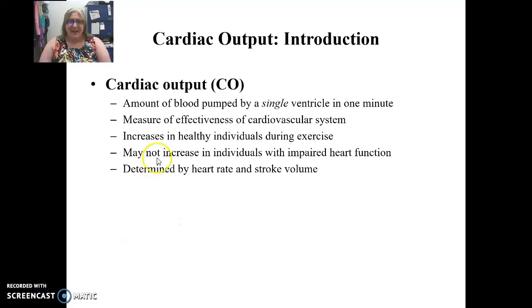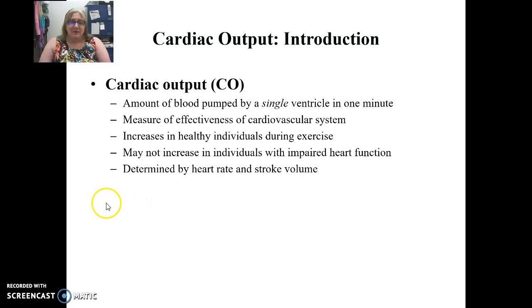Hi there. We're going to hopefully finish up this chapter. We're going to talk about cardiac output, and then we're going to talk about the things that affect the cardiac output. So cardiac output is the amount of blood that leaves our heart every minute,